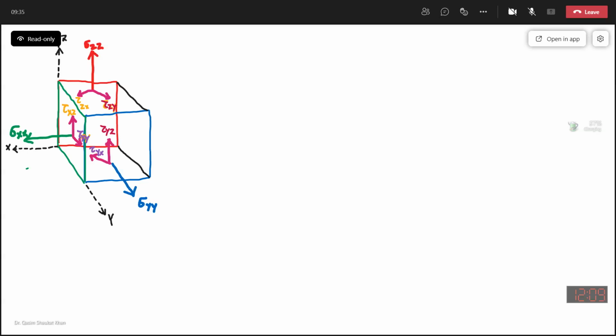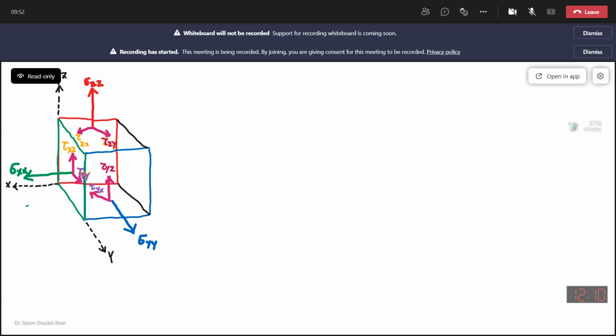So last time, okay, Bismillah Rahman Rahim. Let's start with our today's lecture. I have just drawn this figure showing the triaxial stress state. This is over the z-axis, x-axis, y-axis, and then I have shown these.